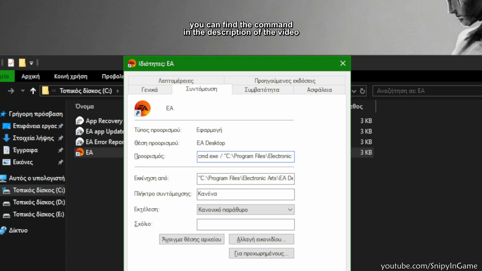space /c space start space quoting marks. Now we will type a name for the app we are going to run, which is the EA client. You can type whatever you want. It's like a description. I'm going to type EA space app quoting marks space /affinity space, and now we need to